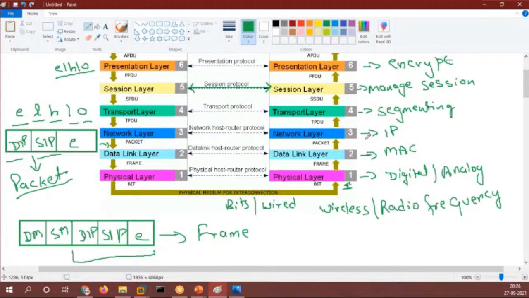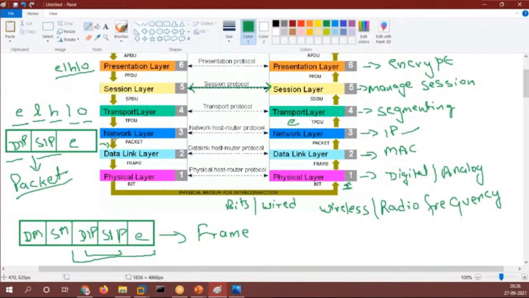Now the network layer works with the IP addresses. So it will check the destination IP and source IP, whether the destination IP is matching mine or not. If it is matching, it will check the destination IP and who sent that data, and it will remove that portion, and we are left with only the segment E, the first segment. Now it will be moved towards your transport layer, right everyone? Now the transport layer got E over here, right?